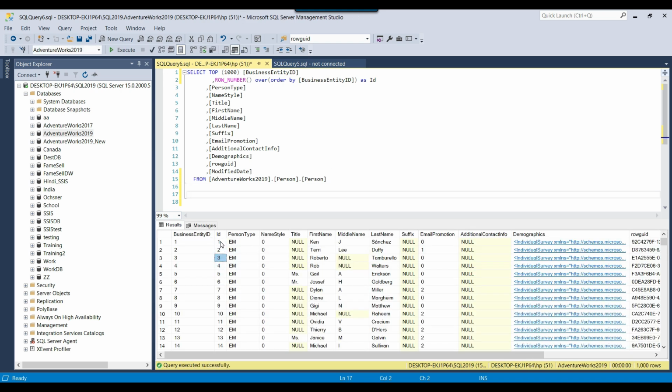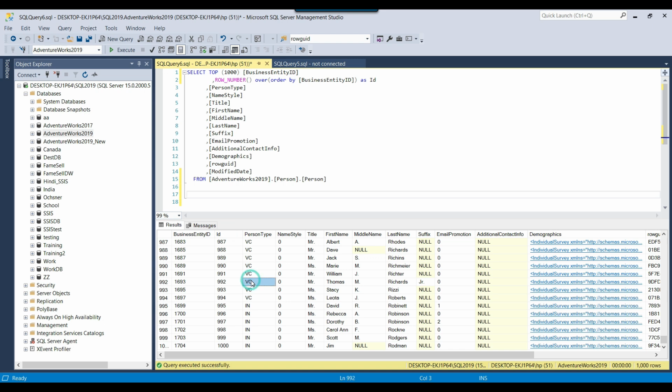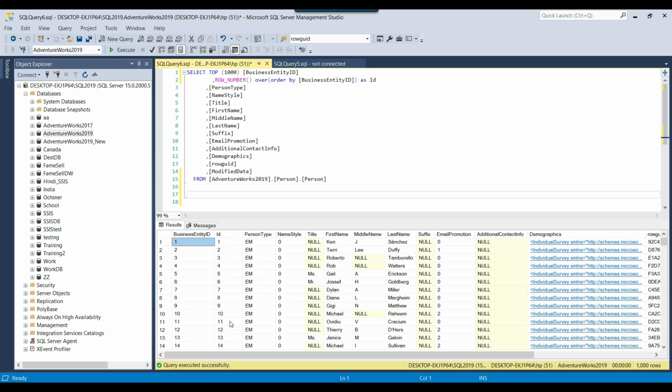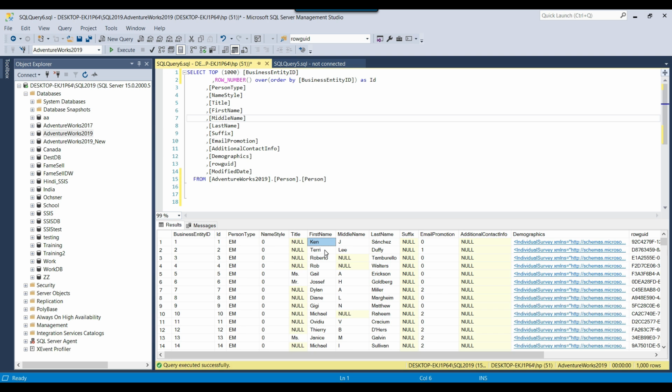So now here it is generating the ID, and the ID is starting from 1 and it's going up to whatever number of records are there in the database. Okay, so for 1000 records the ID is 1000, so that's fine. So if you want to find the duplicate records based on the first name and last name, then you can use